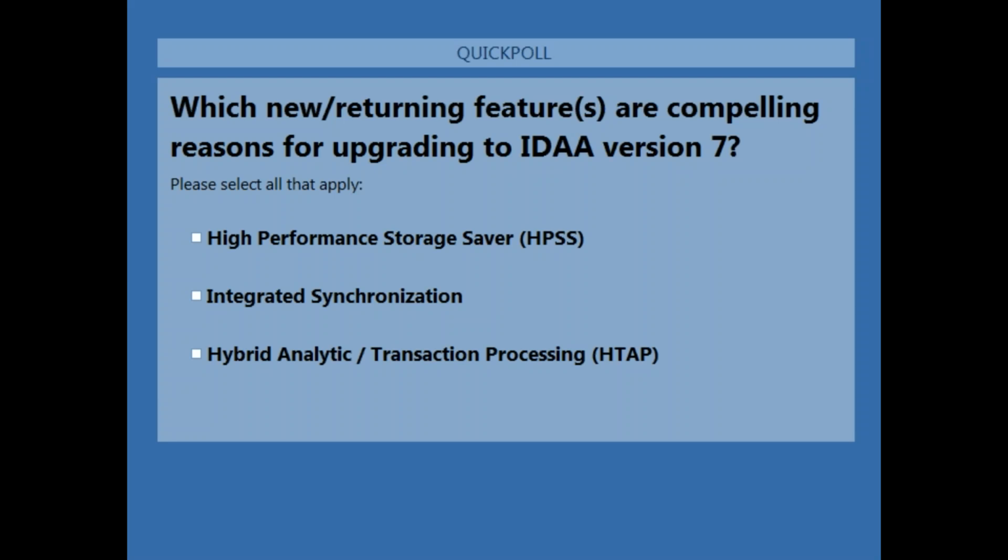So giving folks an opportunity to select right now, but it looks like integrated synchronization, I really sold it, which is good because I think it's a great feature. That is at 88%, HTAP at 63%, and HPSS hovering just around 40%. So with that,